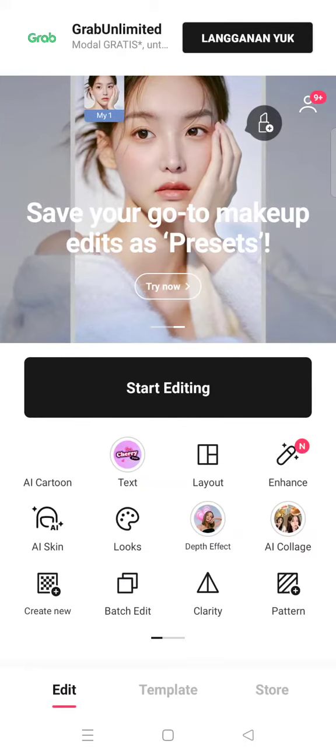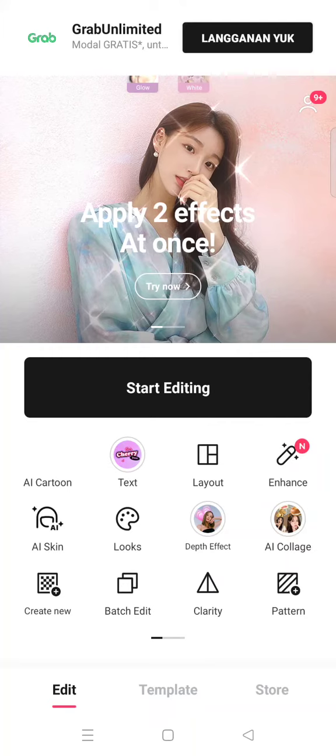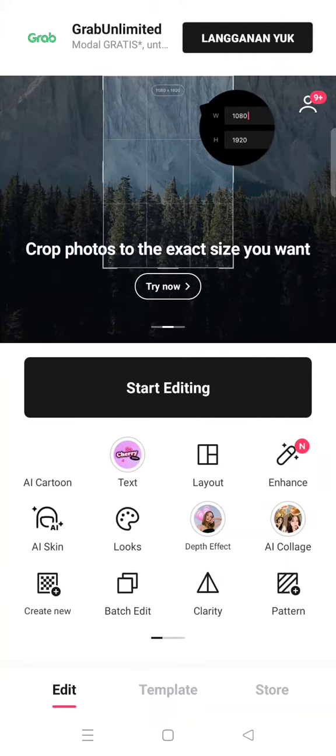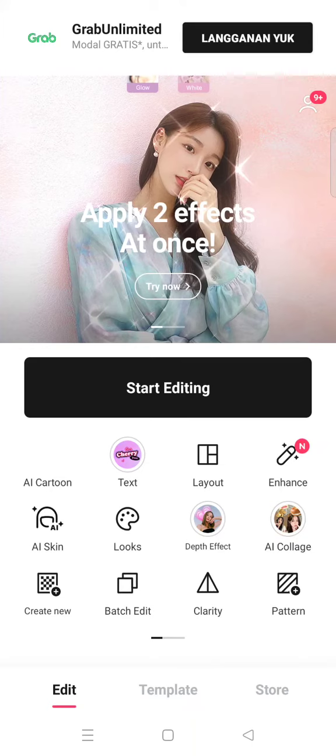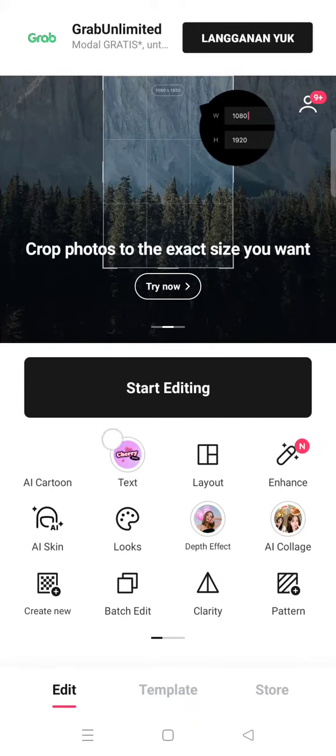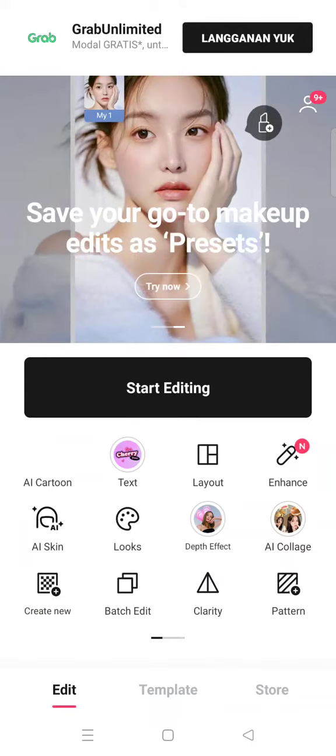On today's video I'm gonna show you how you can change your face into a 3D cartoon character by using EPIK photo editor. So in here I've already opened the EPIK app, and on the homepage you can easily find the AI cartoon option, and to use it just click on the options and then choose a portrait. Okay, so let's say I want to use